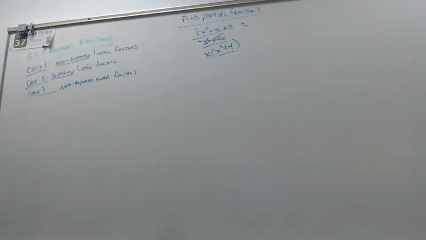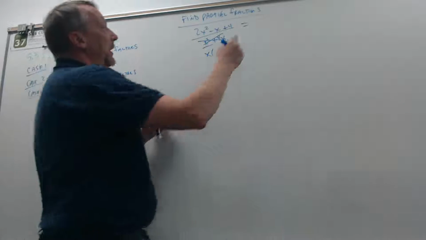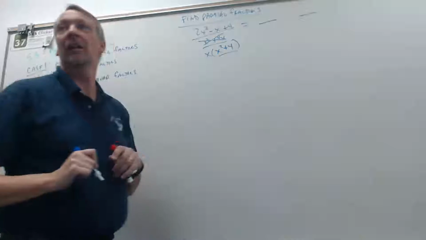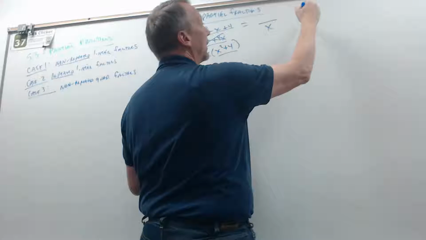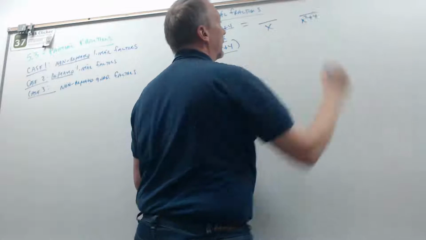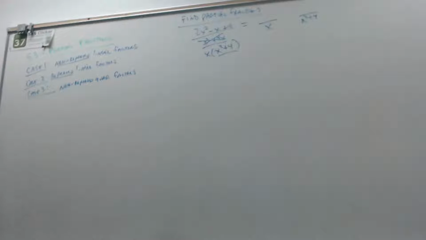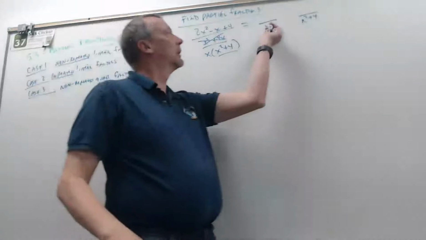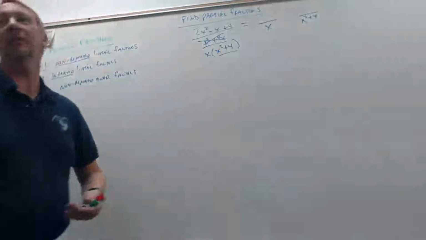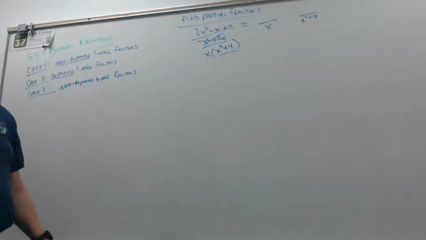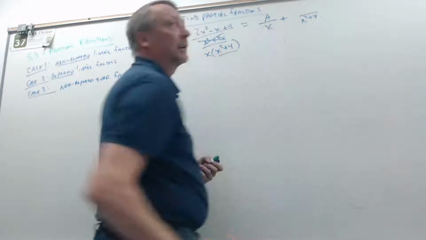Now, if we were doing this in the past, what would we break those up into? Break it up into two fractions. One would be x, thank you, Angel, and the other one is x squared plus 4. So far, so good. Nothing's too different. I've got a linear fraction and a quadratic fraction, right? With the linear fraction, what would I do? I've done this in the past for the numerator. I'm going to put an a up here, plus